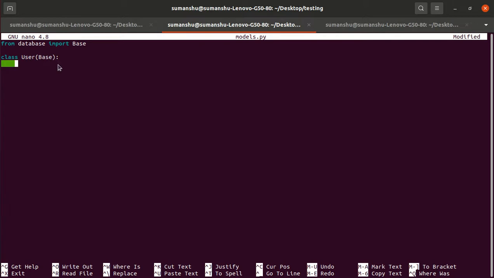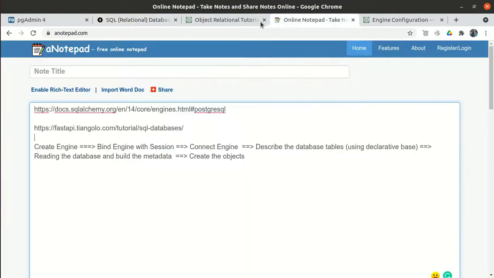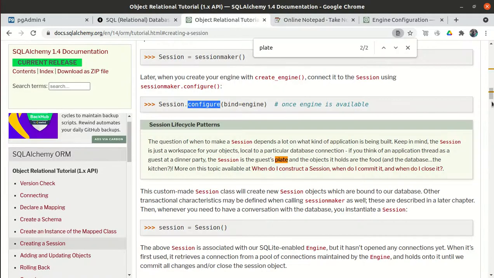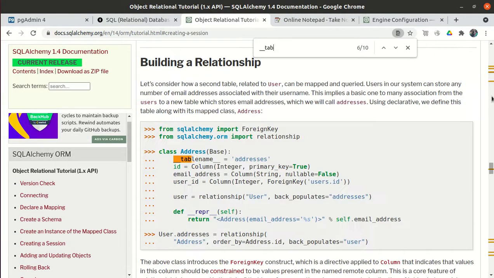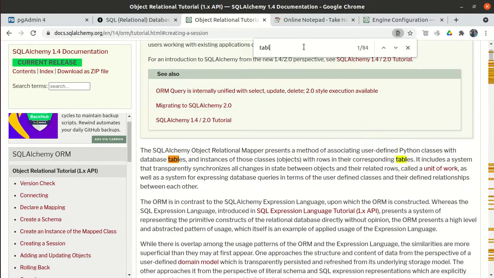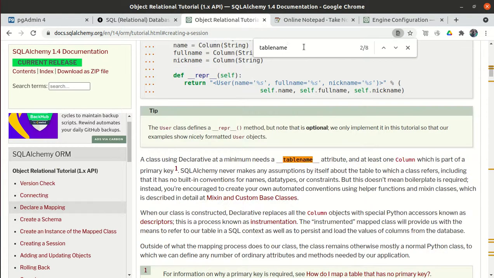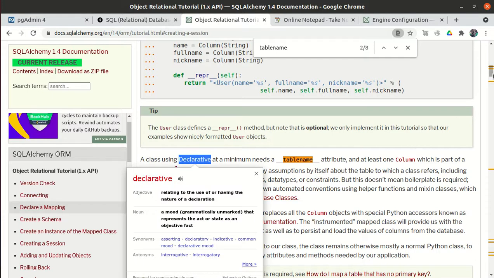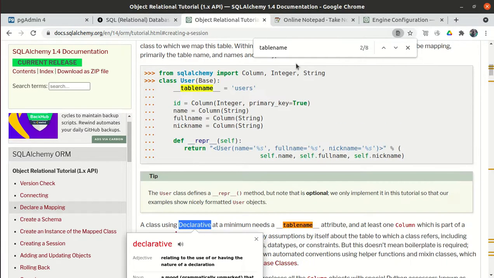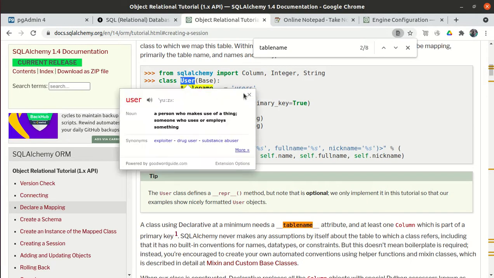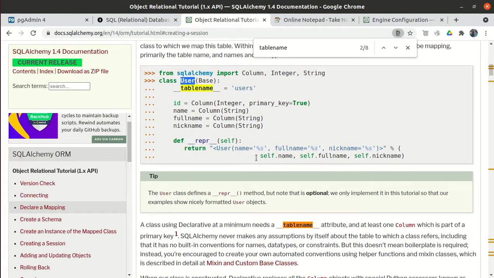Now there are a few things you should know. Whenever we declare any table, two attributes are minimum required: one is the __tablename__ attribute, and one is a column.